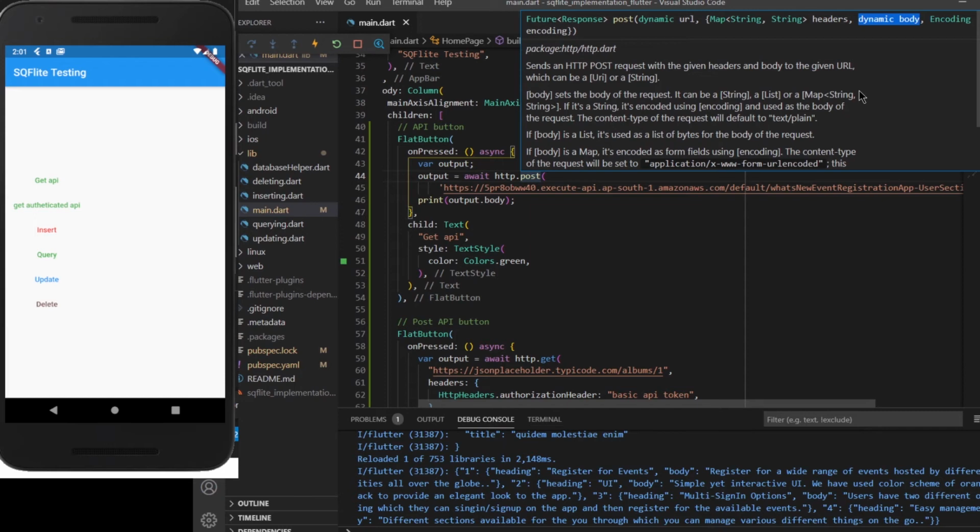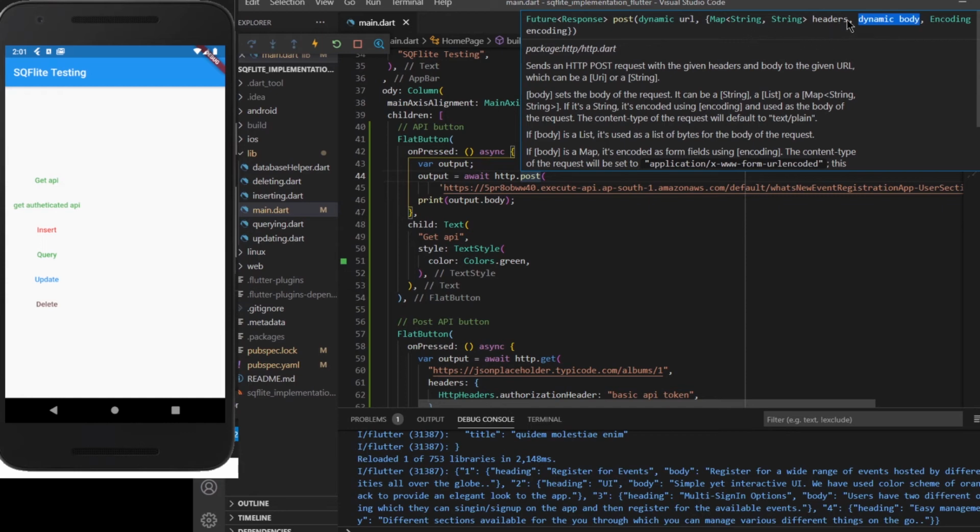Currently I am working on an app where I have passed the output of an event inside my API as a body, and then the code inside my Lambda function will take all the emails which are passed through the body part. It will send a mail automatically to those particular emails, telling them that this particular event has been created or cancelled. So this is what we can pass inside our body.